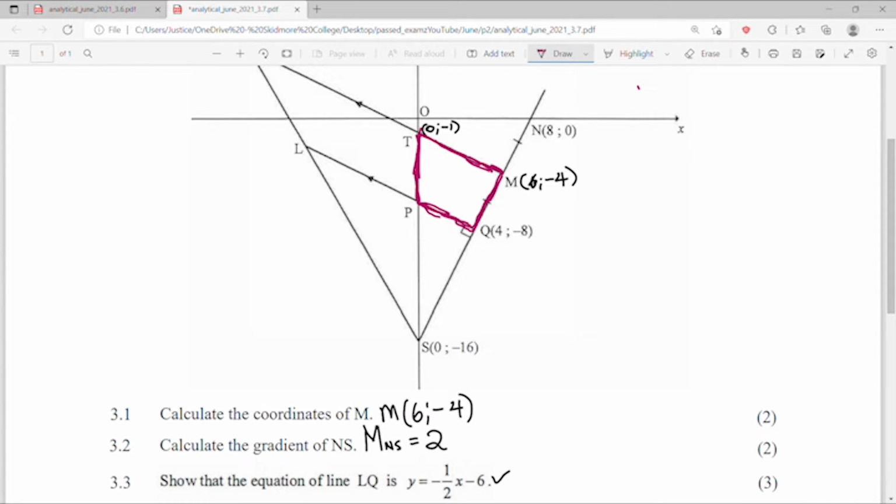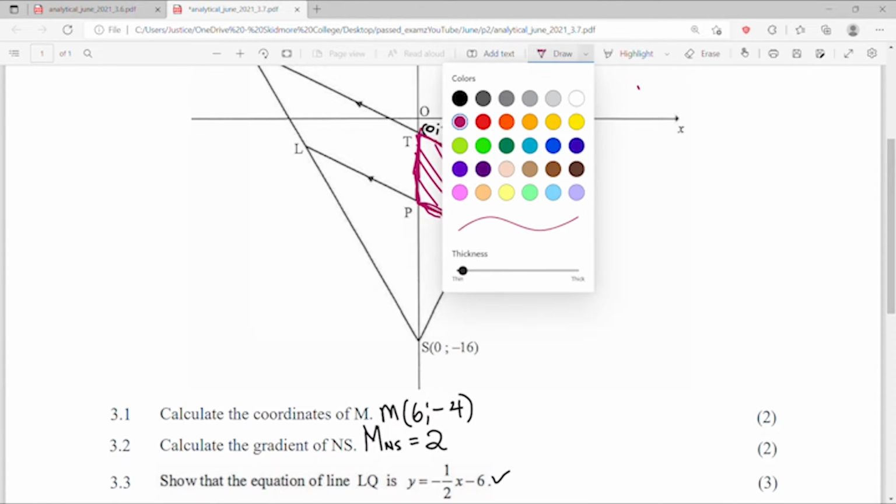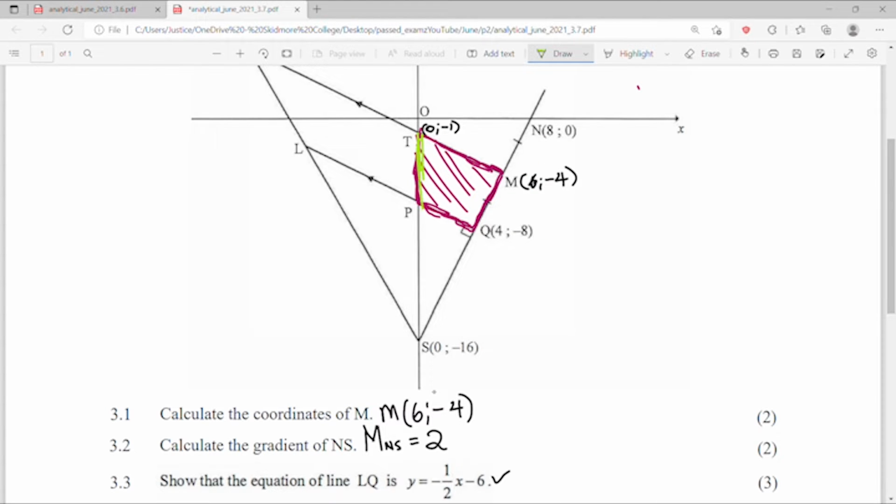You have to look at shapes that you know, shapes that you are familiar with, and figure out how you can find this area here. Usually look out for triangles, because we know that triangles have a very simple area formula. It's just half base times height. So if you look at this one, there are two triangles that we can look at. The first one is this big triangle here. It's a right angled triangle,